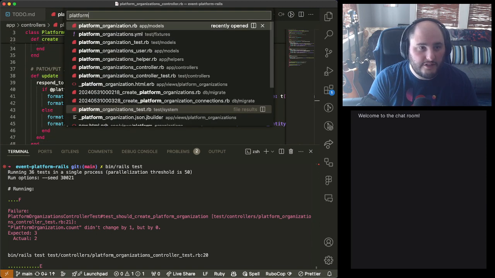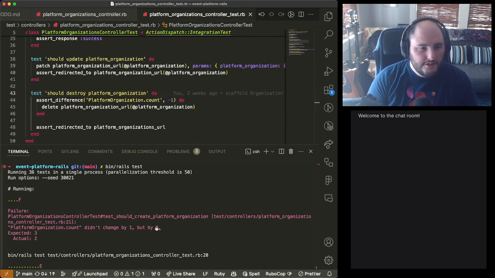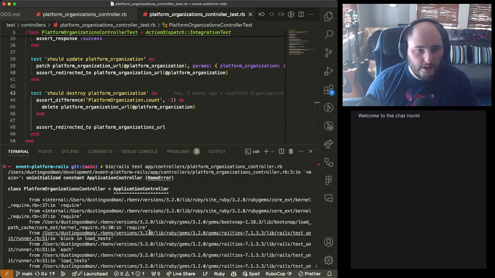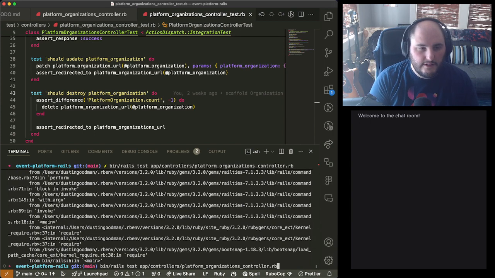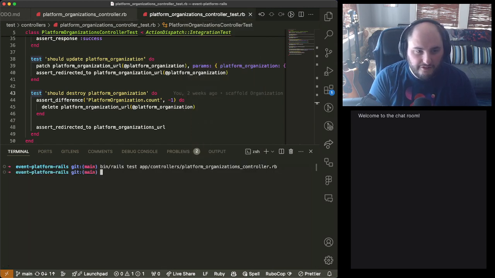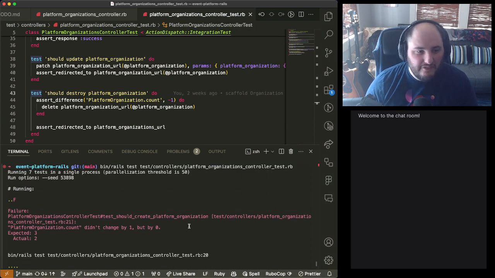We need the controller test. Okay. So let's go ahead and just narrow down what we're looking to just this one file and actually pass in the right argument. This is mad because I passed in the real file, not the actual test file. So if we pass in the test file, now we're going to see there's only one failure in here.